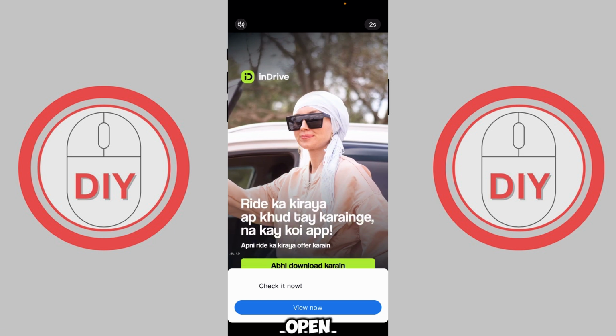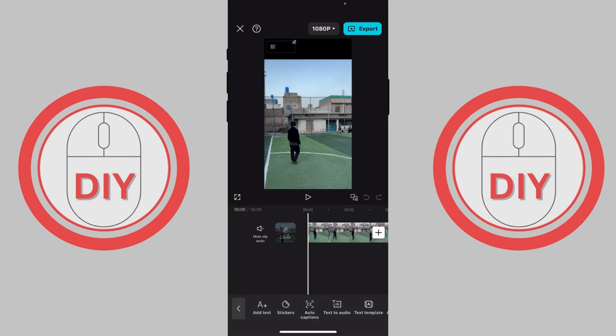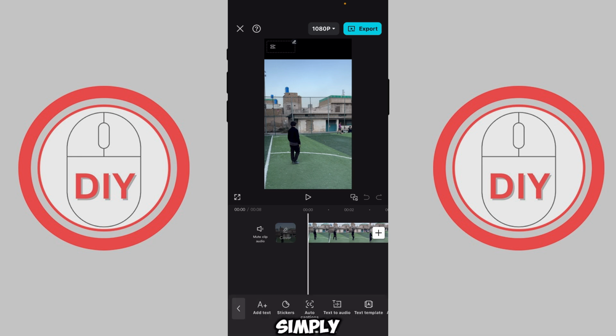First, just simply open up CapCut, and of course we're going to have ads. It's CapCut. So I'm just going to skip this ad real quick. And yeah, once you're inside CapCut and your video is over here, you simply need to go ahead and